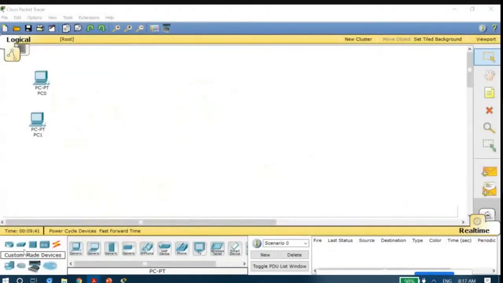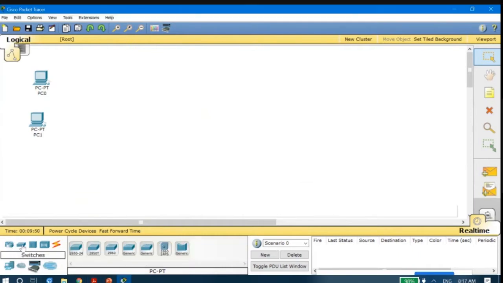Now to bring a switch, I will have to go to switches. On the bottom left, you could see just near that router icon, there is this switch icon. So once I click on that switch icon, I will have different kinds of switches. Okay. So I have to basically select the 2950T. So that's why you could see I will be selecting this one, 2950T, which is the second one, and I will click on here. Okay. So this way I have got all these devices.